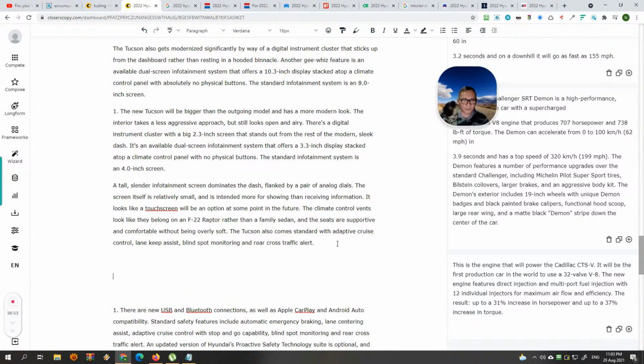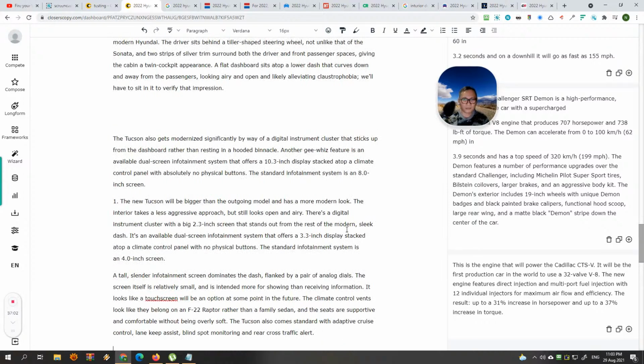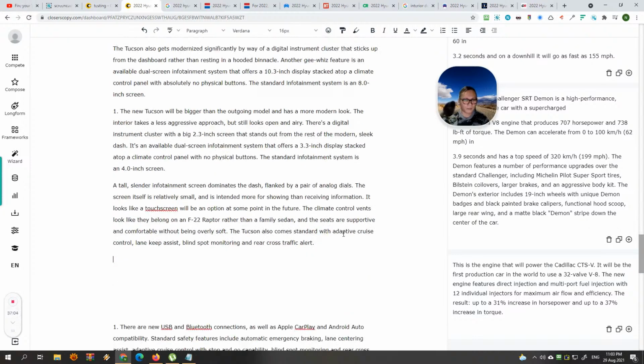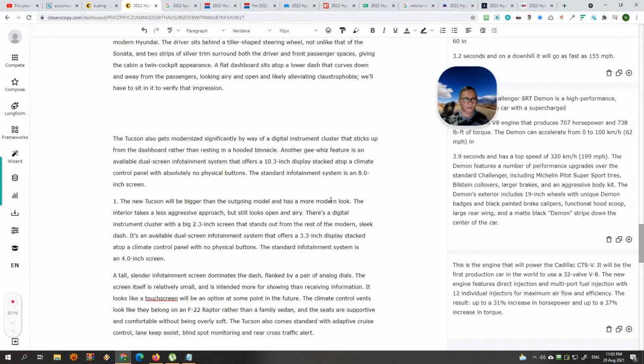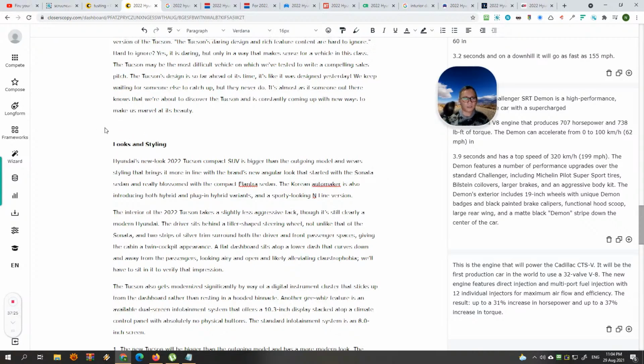So that's really just plagiarism. But then all these things are plagiarized anyway, and that's not beyond me. I'm a black hat. I don't care about that stuff. This is the legal way to do it. Why would you have to write everything from scratch? And the information is there, for example, the facts. So anyway, looks and styling. We just need to polish it.